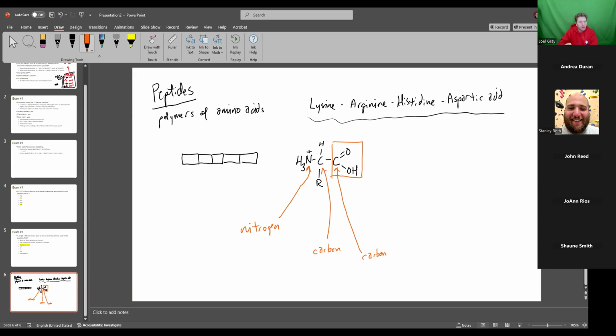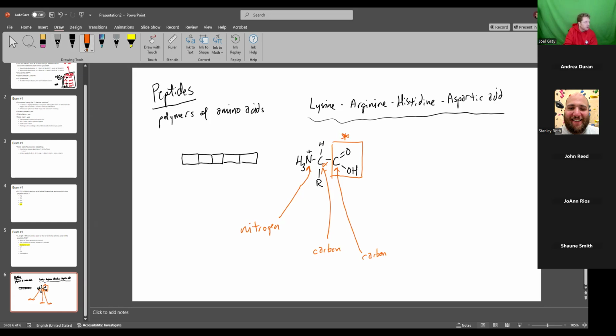Is that considered a functional group itself? Fantastic question. I would say the backbone is not considered a functional group because it's two groups connected by what's known as our alpha carbon. It's two functional groups attached to one another. Are the R groups just the functional groups? When we talk about amino acids, the R groups are kind of the important functional groups, because of the fact that this carboxyl group that I just drew on the far right is going to react with